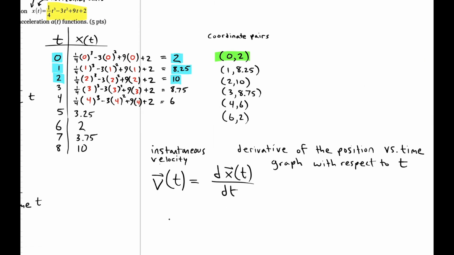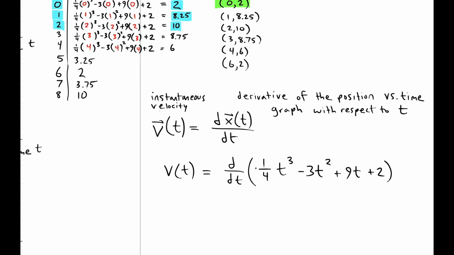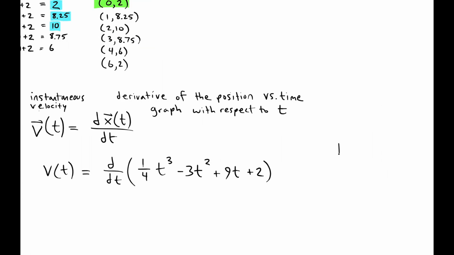All right, so our velocity is going to be the derivative of the function 1/4 t cubed minus 3t squared plus 9t plus 2. All right, now I'm going to take a derivative of each of these terms separately using the power rule